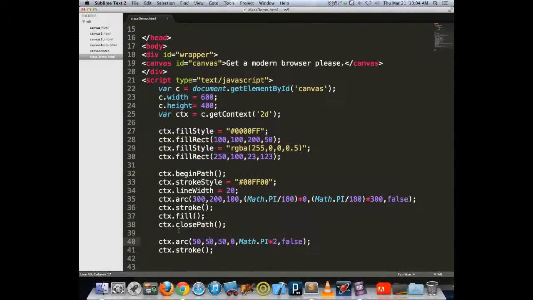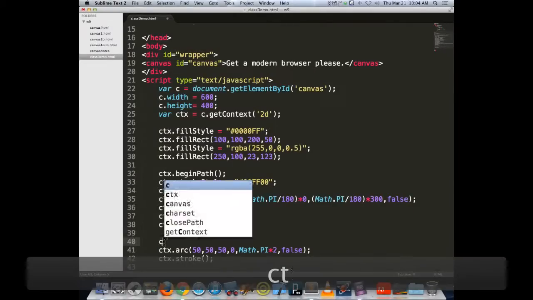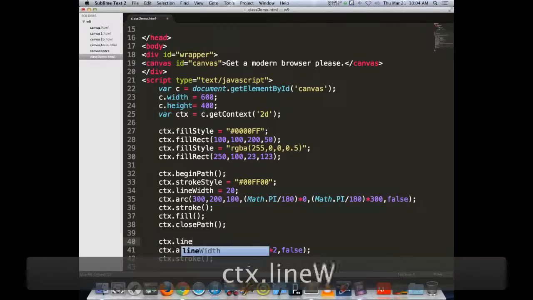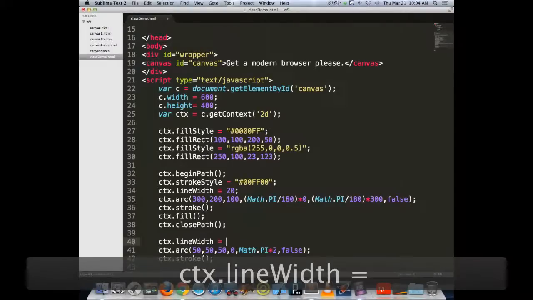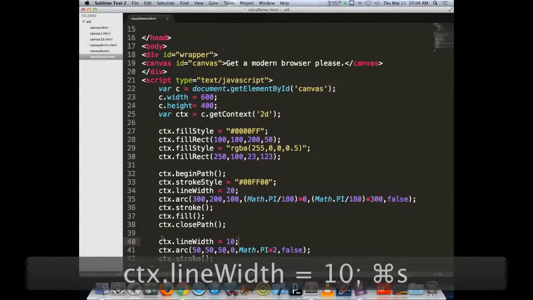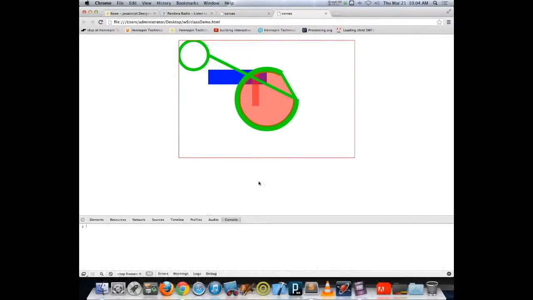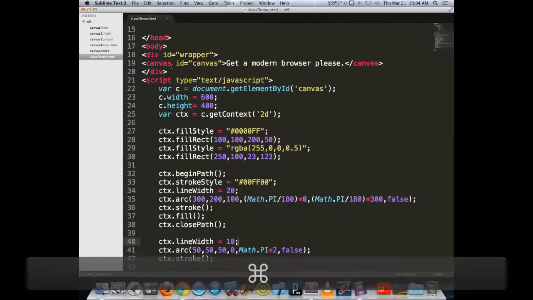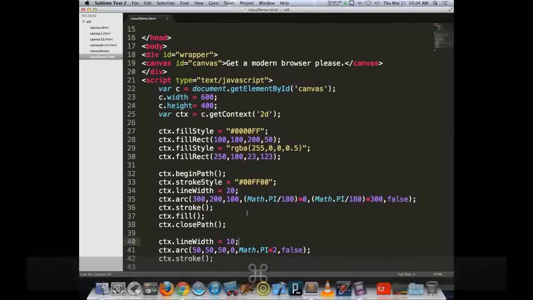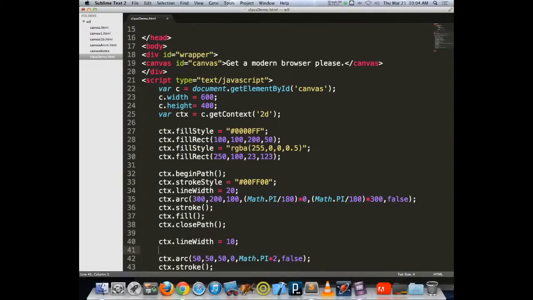And if I want to change my line weight at that point, we can see that after we leave the primary circle where my line weight was 20, then it lowers down to 10, and then it moves over to that new circle. If I want to actually move to it,